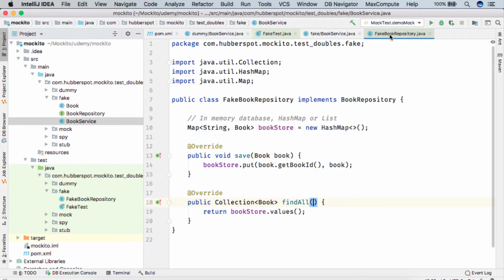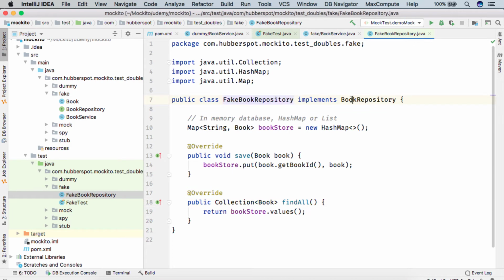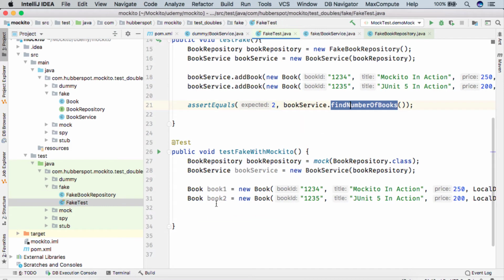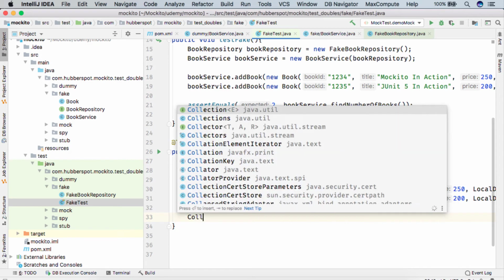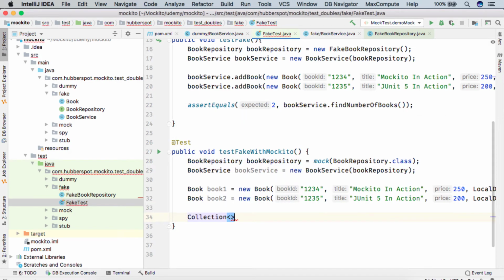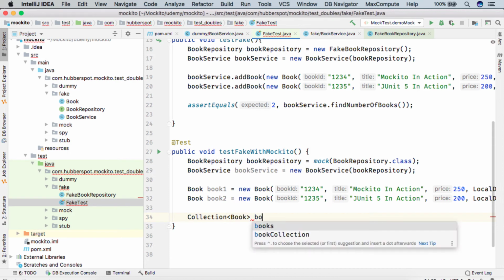And if we go to FakeBookRepository, instead of BookRepository, the FakeBookRepository findAll method was called and it simply returned bookstore.values. So whatever books we added here, it returned back the collection of books. So here we have created these two books. Now we'll create the collection of the books.